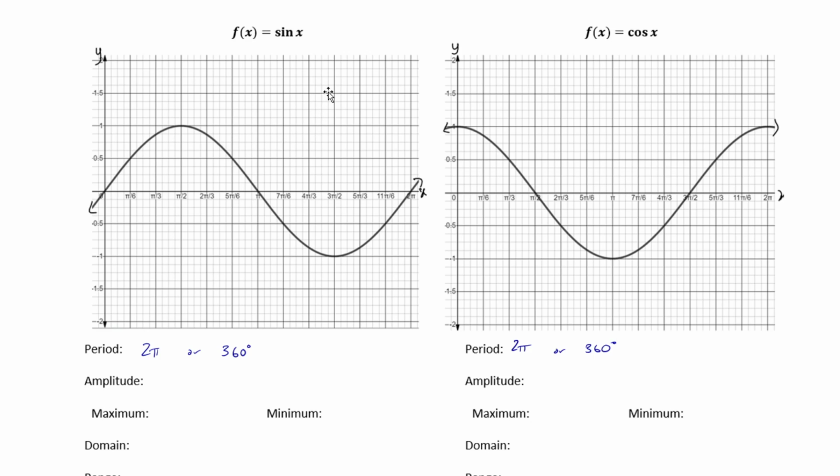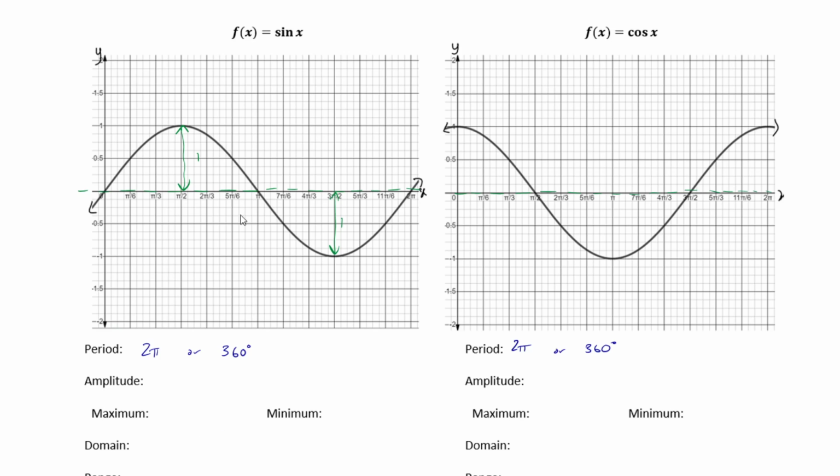The amplitude is the distance from a peak to the middle line of the graph. And what I mean by the middle line of the graph is this horizontal line that bisects the wave, so cuts the wave into two, right here. Drawing it in green, which is more or less visible there. As we can see here, the amplitude of this graph is 1,